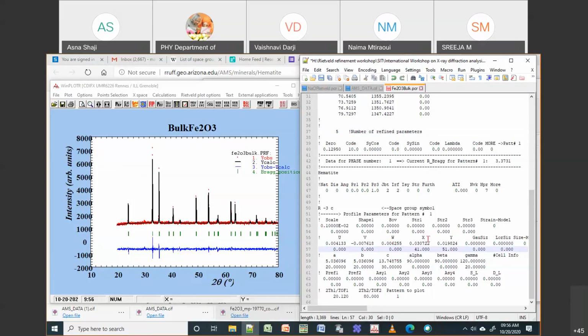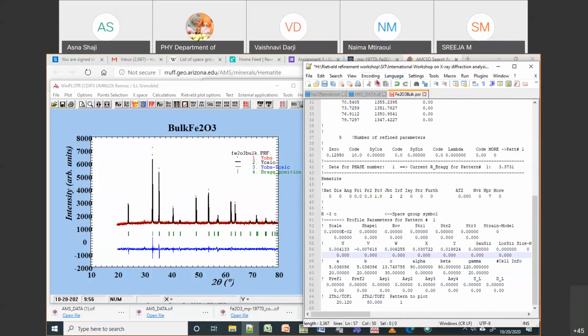As we already have a decent profile match, I'm going to stop all the profile matching. Profile matching is for getting the proper values for your ABC and your instrument parameters. For the instrument parameters, the first one is your zero shift, which is due to the shift in the peaks from instrument contribution.